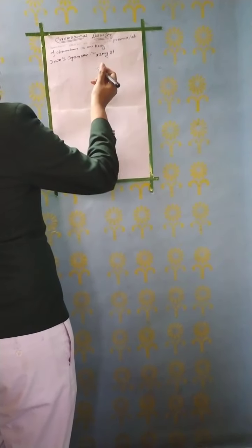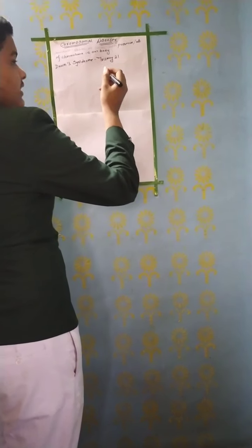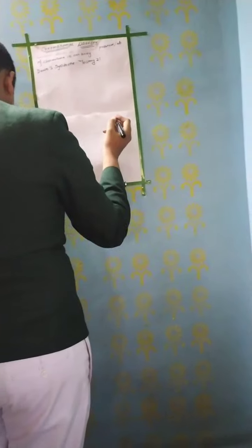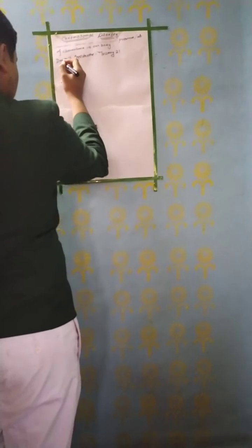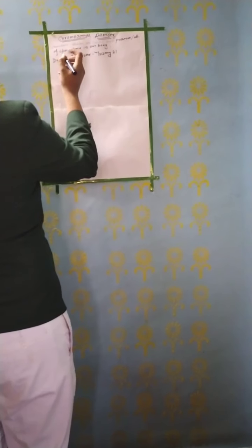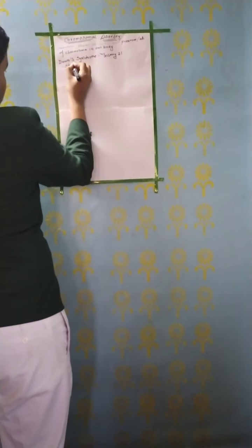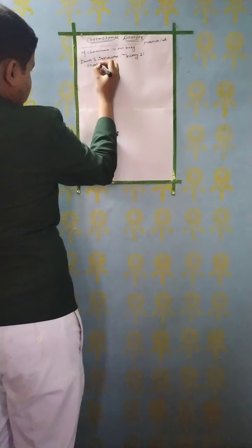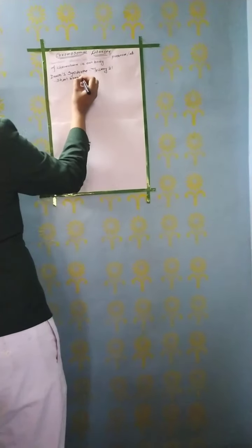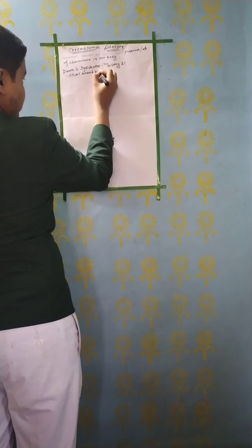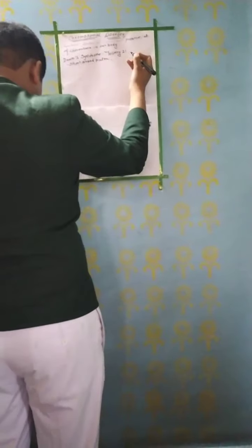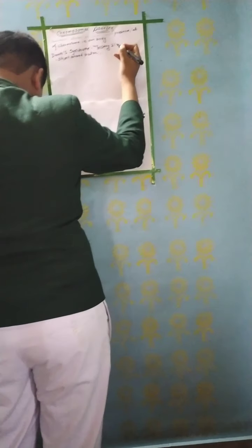Here, the chromosome number 21 is having 3 chromosomes, hence it is called trisomy 21. The effects of these are short, broad palm, then decreased muscle tone,